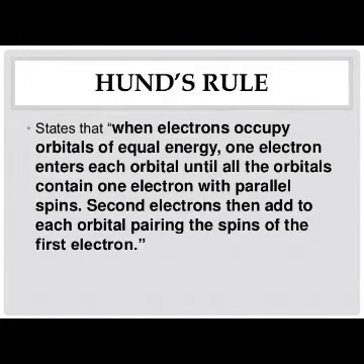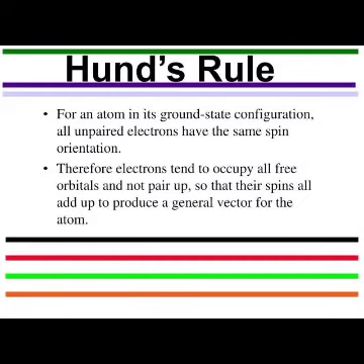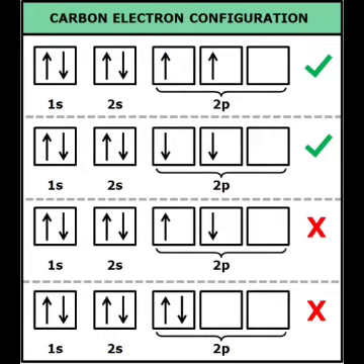Next one is Hund's rule. The rule may be stated as follows: the ground state of an atom should contain the maximum number of unpaired electrons within the same subshell with their spins parallel. As an illustration, a system with 2 or 3 np electrons will have one electron in each different p orbital with spins parallel. The same principle applies to d and f orbitals.